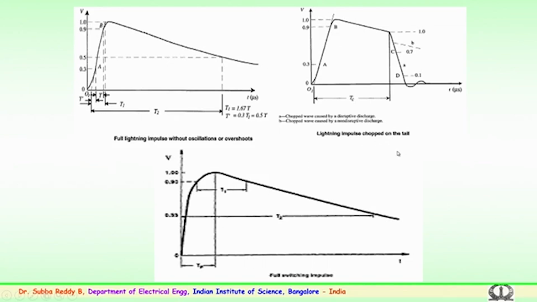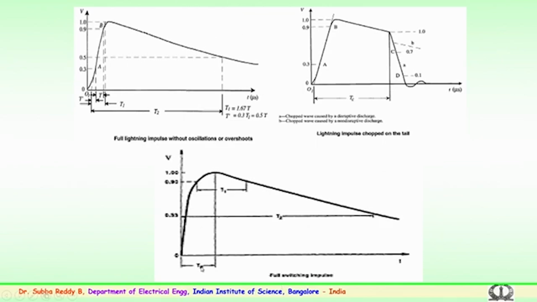Again there are standards for this, how many applications of lightning impulse voltages, whether it is 10 positive, 10 negative, or 10 positive and 10 negative, it depends on each component. Standards have been specified for these applications. Based on the standards, the performance is verified in the laboratories before it is being used in the field. Here this waveform shows the chopping in the tail section, and similarly the chopping could also be done in the front portion. So, various types of lightning impulses which are intentionally chopped at a required level will be tested for the insulation.